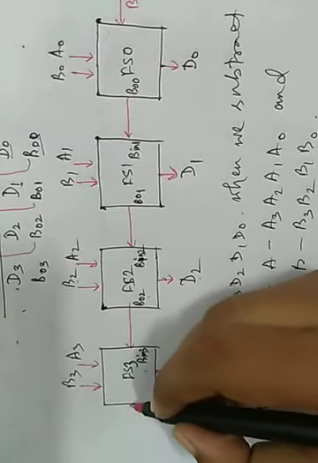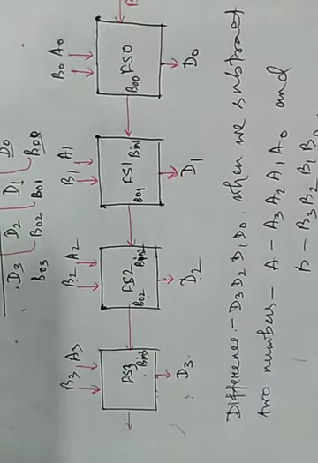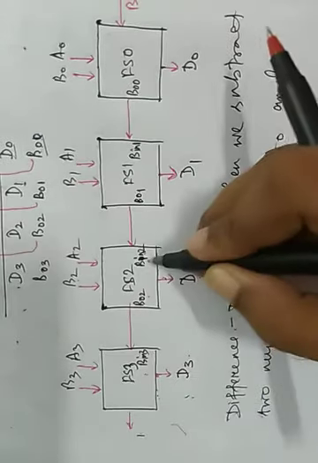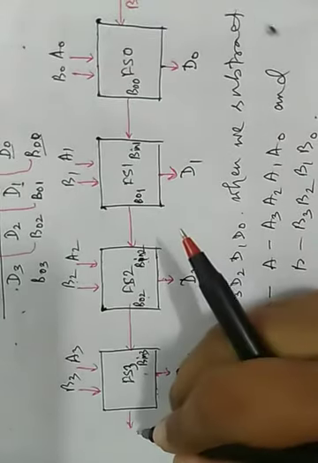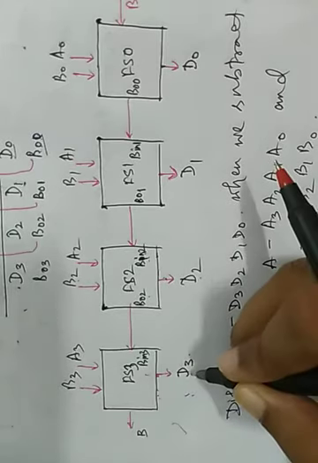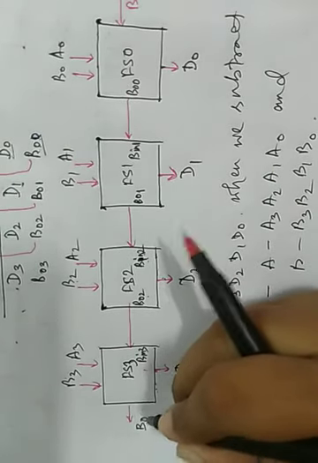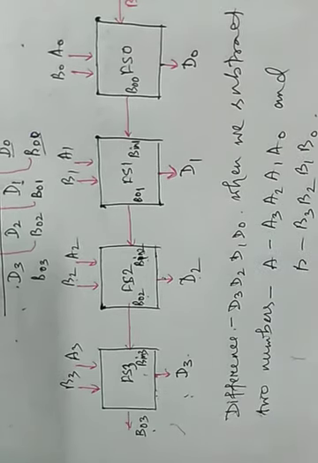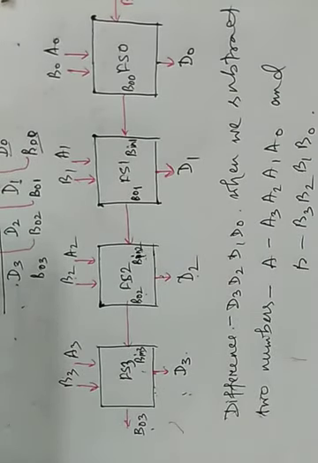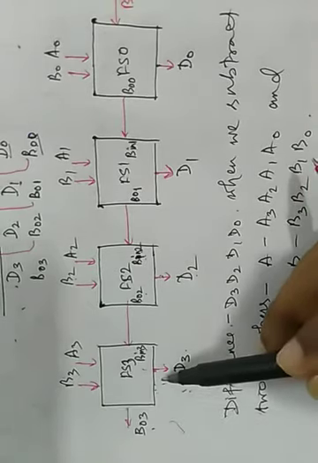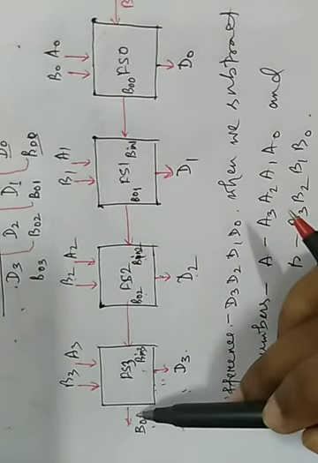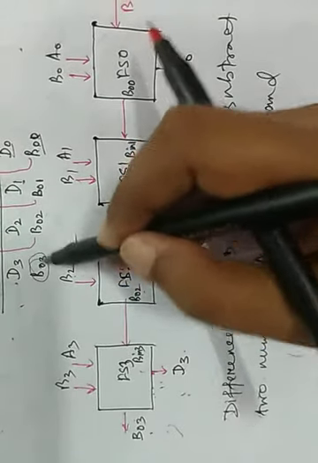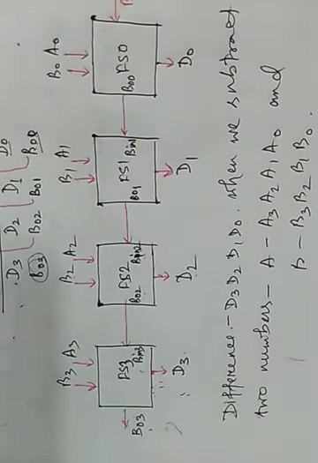You can write here obviously, because with every subtractor we get one B out. Here also we get B out 3, but obviously this B out 3 must be 0 every time. But as every time we get 2 outputs, we have to write this one. But obviously this output is 0. B out is 0 every time. Okay.